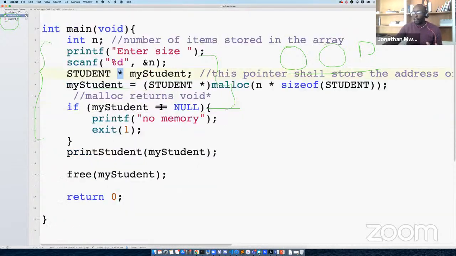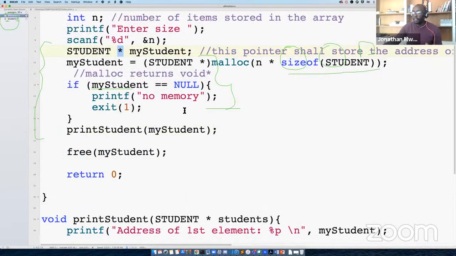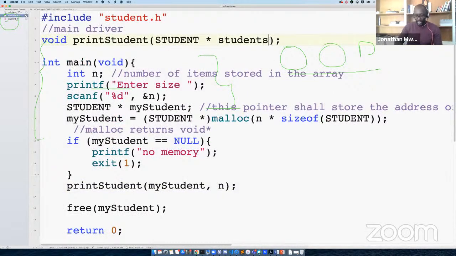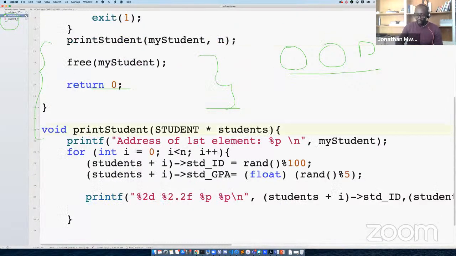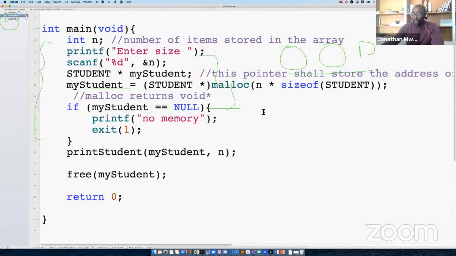The important thing I might need to do is pass how big the array is. So I should add here int n, which is basically the size. I need to pass how big the array is so that I can loop through all the items and print them.